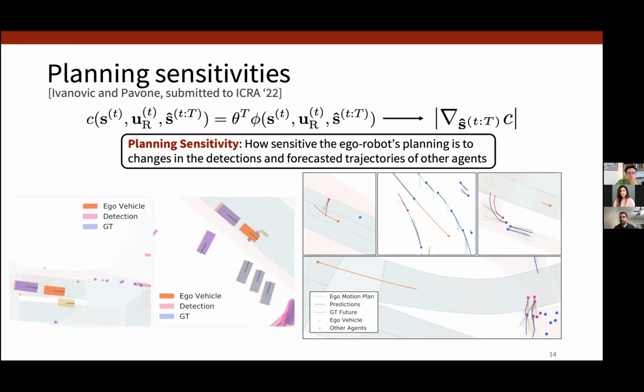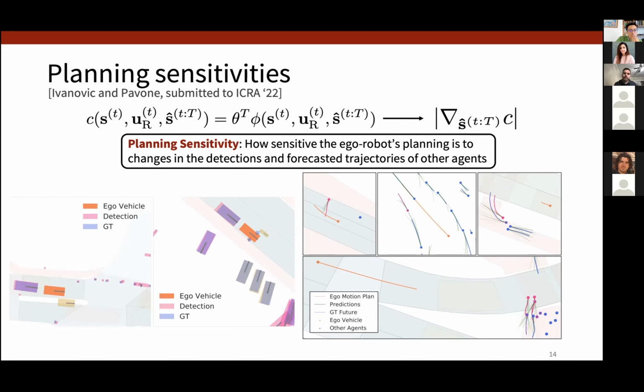Once we take this cost function and we compute the gradients, on the left here, I have an example of the sensitivity of the ego robot's planning to certain detections. The ground truth bounding boxes are in blue, and the detections are in red, but they can scale in color from red to yellow or gold based on the magnitude of the planning sensitivity. In particular, when there's a red on top of blue, that just means it's a not planning sensitive detection on a correct detection on the ground truth